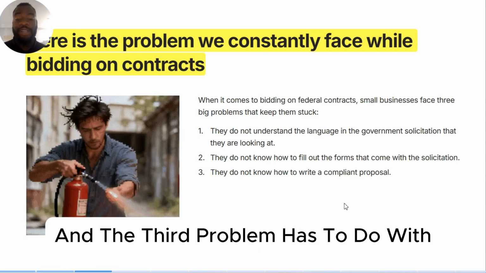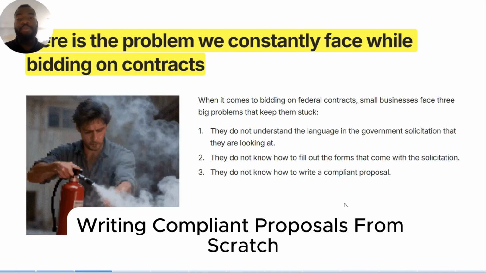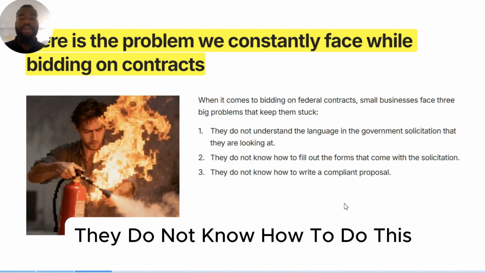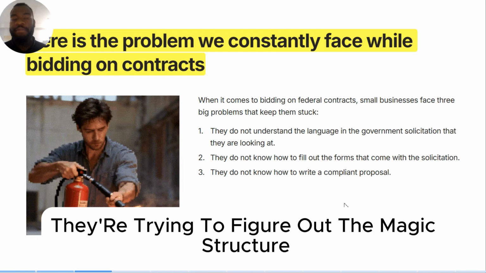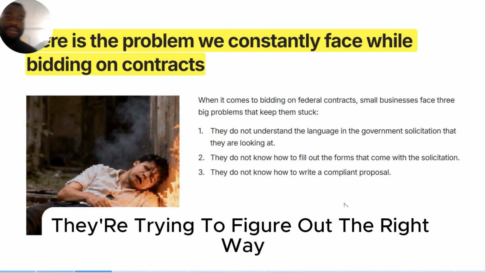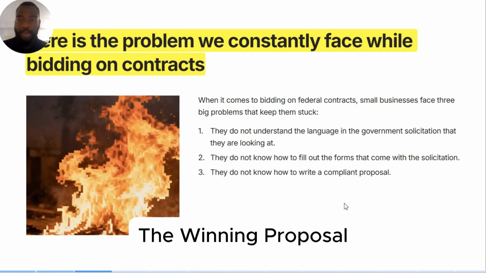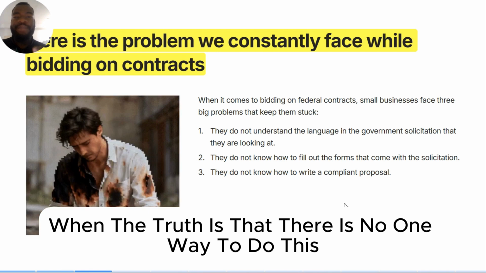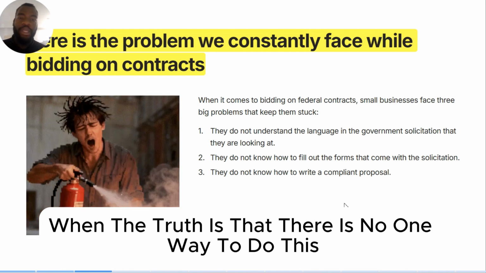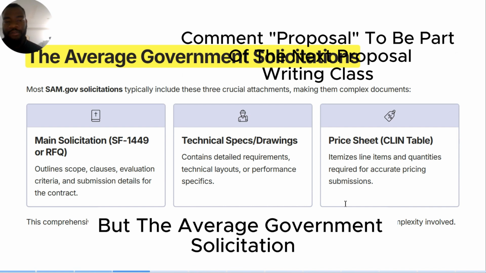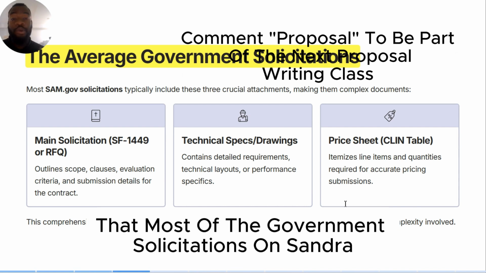And the third problem has to do with writing compliant proposals from scratch. They do not know how to do this. They're trying to figure out the magic structure. They're trying to figure out the right way, the winning proposal, when the truth is that there is no one way to do this. But the average government solicitation, I must have you know that most of the government solicitations